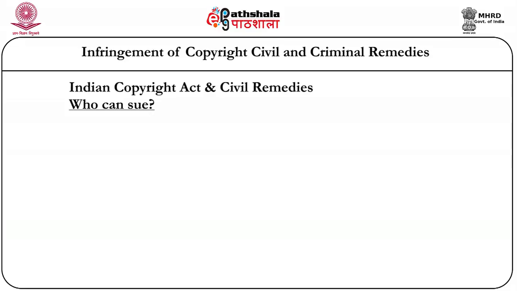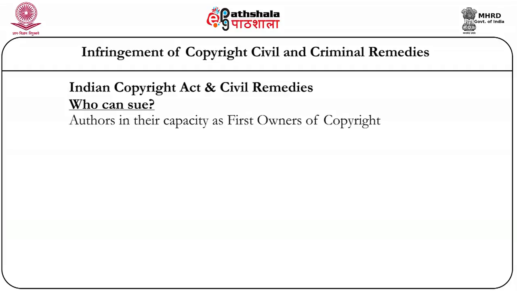So once we have this sense of the landscape in terms of the remedies and the presumption of ownership, it is best to quickly look into the different categories of people who can sue in respect of infringement of copyright. So the first important category is, of course, the owner. Now normally, because of section 17 and the presumption that authors are the first owners of copyright unless as otherwise provided in that provision, authors in their capacity as first owners,